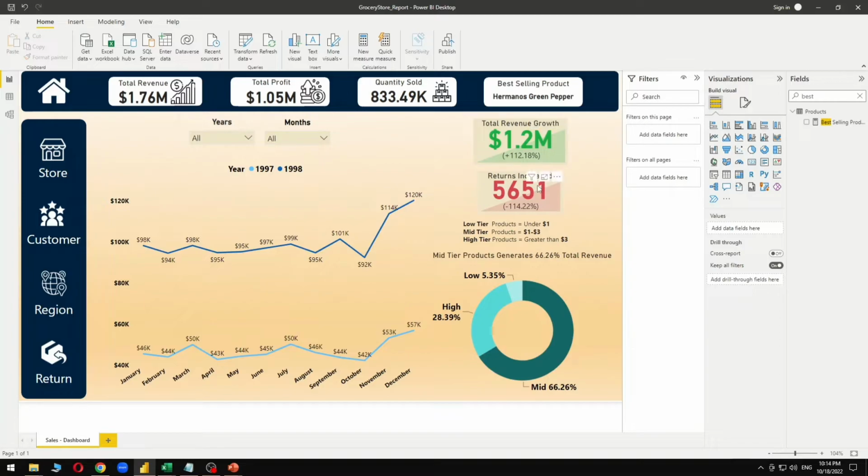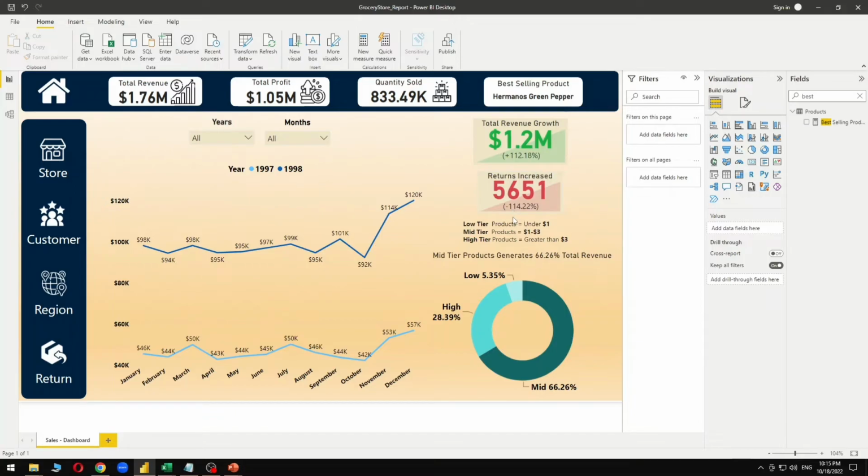But coming to the returns, they have increased as well in the same proportion. As we can see, the returns have also increased by 114.22%. It means there were no steps taken to reduce the returns. As you can see, in 1997 if returns were 5, in 1998 the returns are 10. There are no steps or measures that have been taken from the 1997 returns to the 1998 returns, as the returns have also increased by